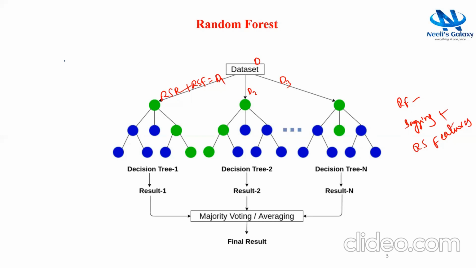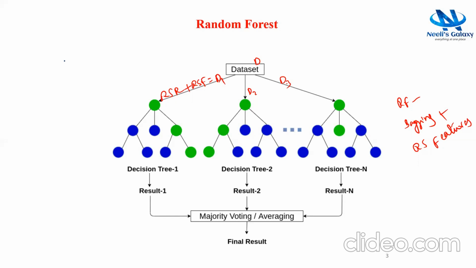After that, as part of the aggregation process, the results of each decision tree are aggregated to form the final result. Here random forest can act as a classifier as well as a regressor. In the case of a classifier, the majority vote given by all the decision trees is considered as the final result. Whereas in the case of a regressor, the values predicted by the individual decision trees are averaged, and the averaged value is taken as the final result.